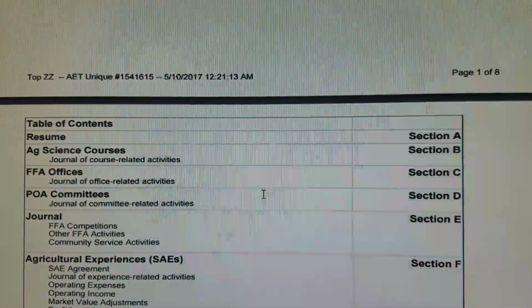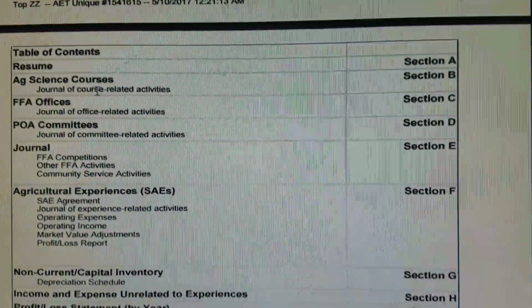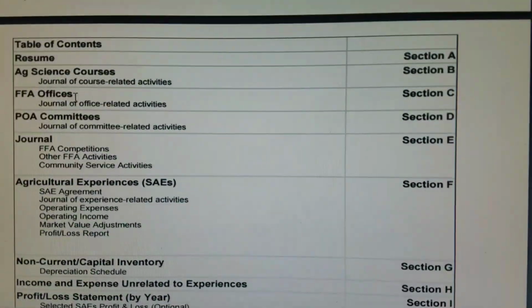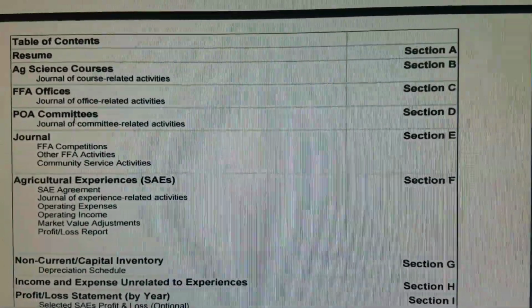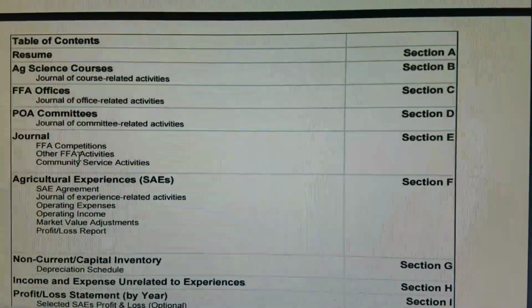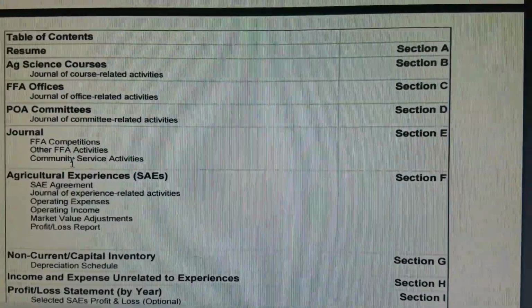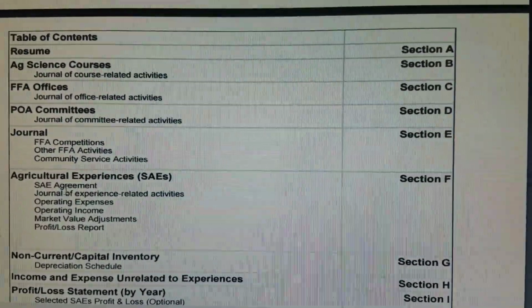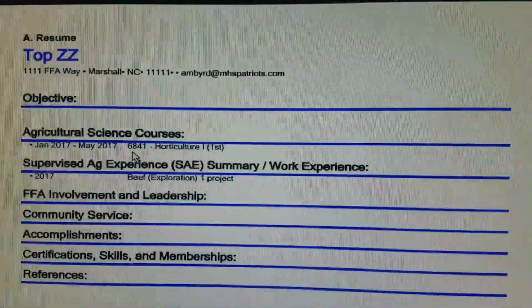This is just a table of contents. So basically this report has a resume, your courses, your offices, your POA committees, again a summary of your journals for competitions, other activities, and community service activities, and then it also has documentation on your SAE experiences. So this will generate a